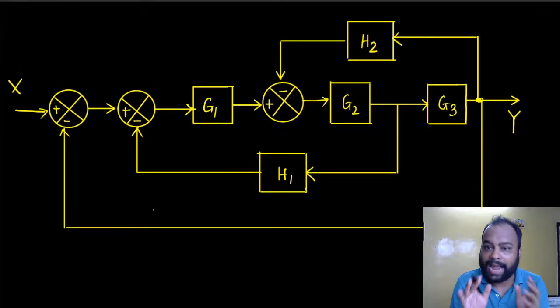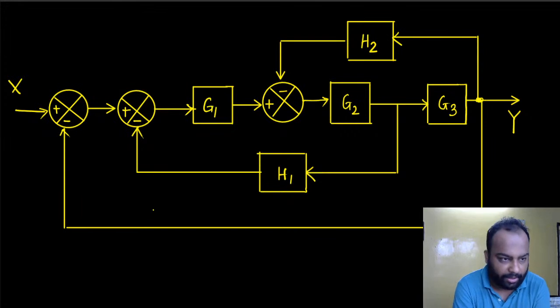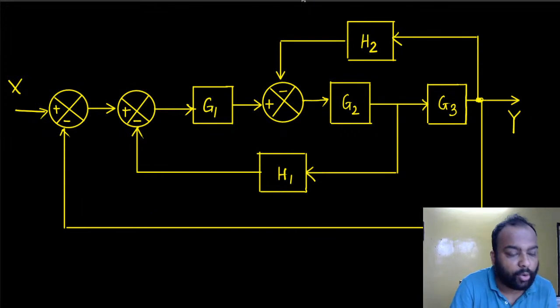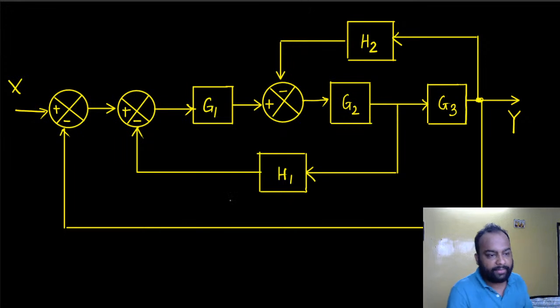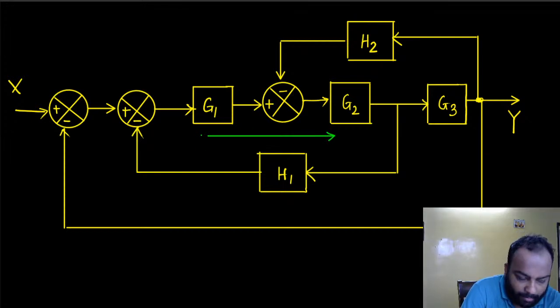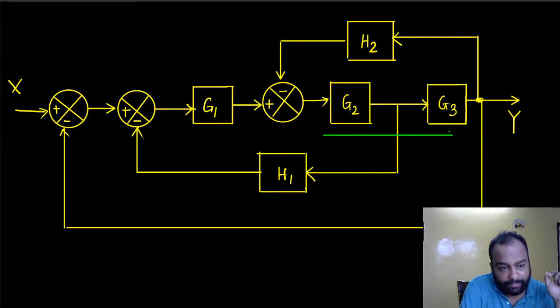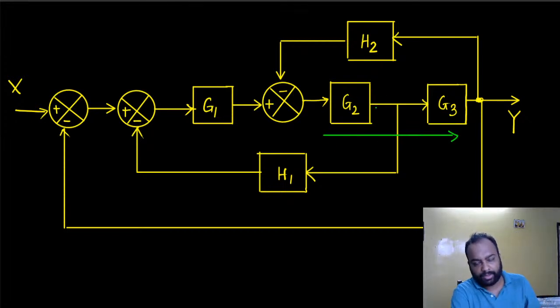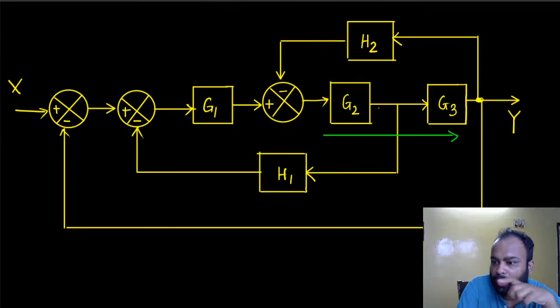Now I haven't told you how to deal with these things, because I won't. But I have taught you how to actually think about it, right? So try to understand and figure out situations like this. If I consider this to be a cascade block and reduce it, this will be lost. That's a real problem, right? But what about this one? These two are also in cascade. Can you see that? These two are also in cascade, right? But if I combine them into a cascade block,